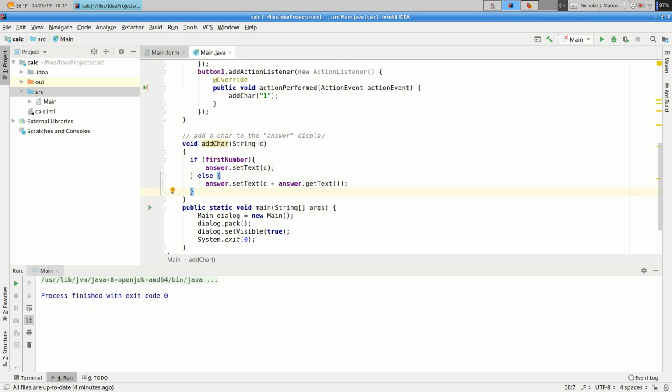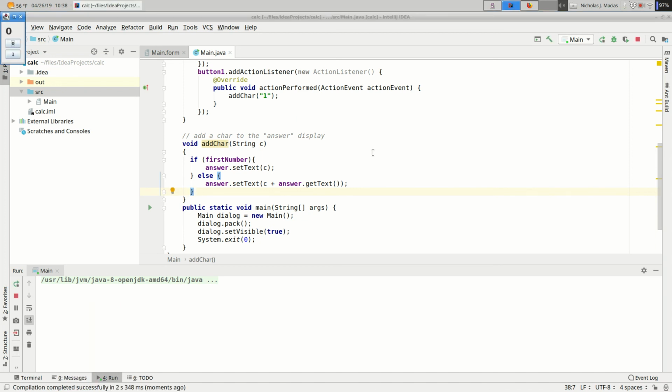Otherwise, we'll go ahead and we'll append. Don't you want us to set first number to false? Oh yeah, because now we can only put in one digit at a time.